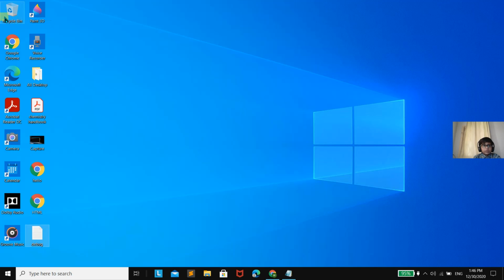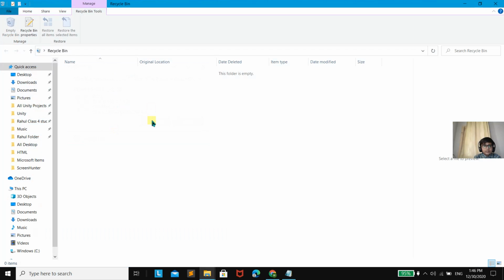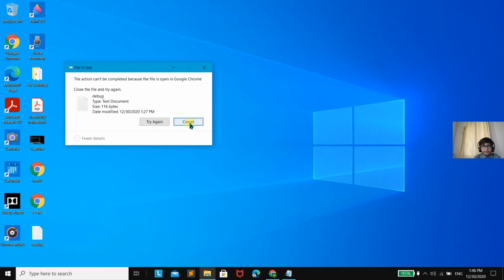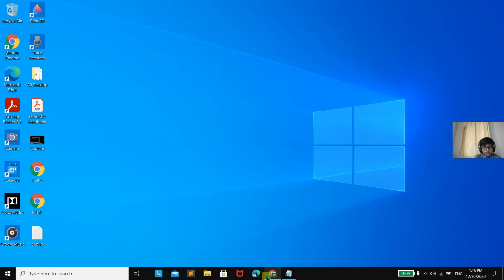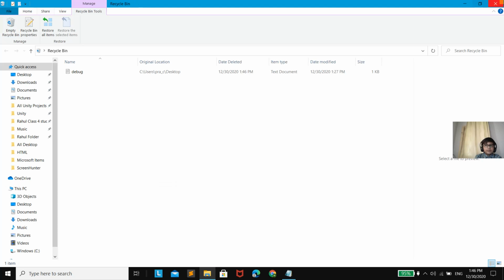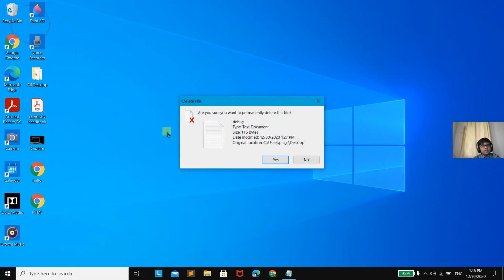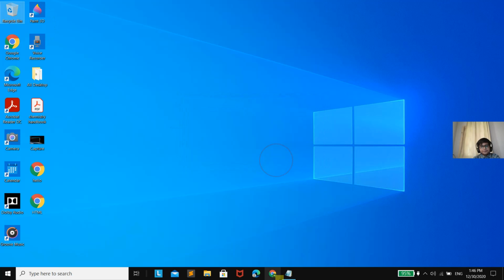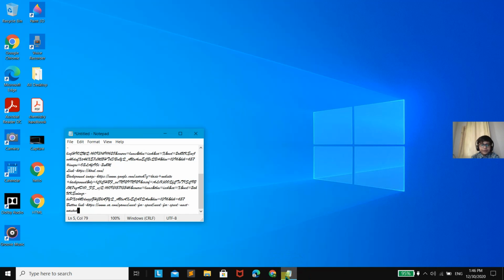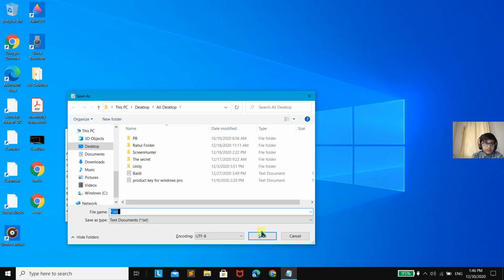Let's move this debug to the recycle bin. When you get this, you have to delete them. You first have to close the web page, then delete. Let me empty this recycle bin. I forgot to empty the recycle bin. Empty recycle bin. Yeah. Now let me save it by the name of